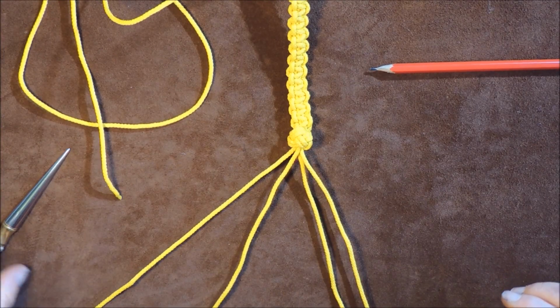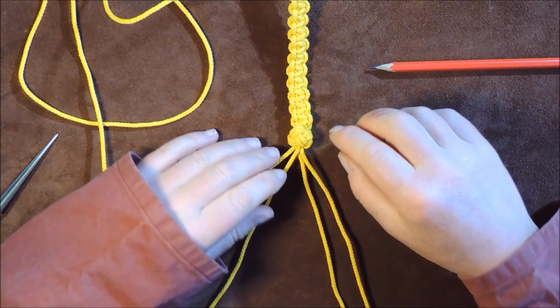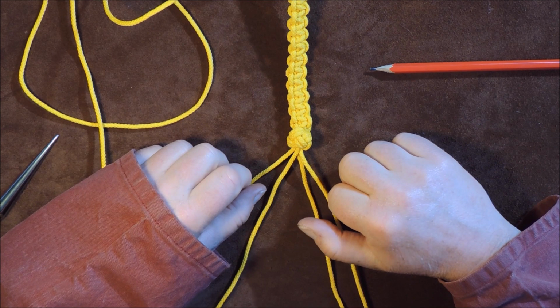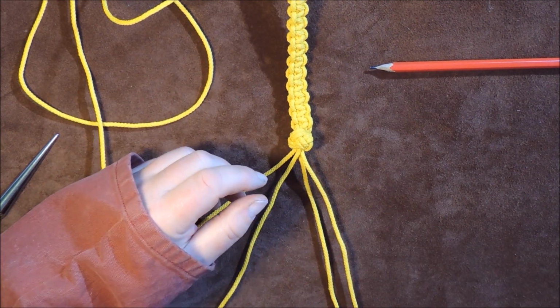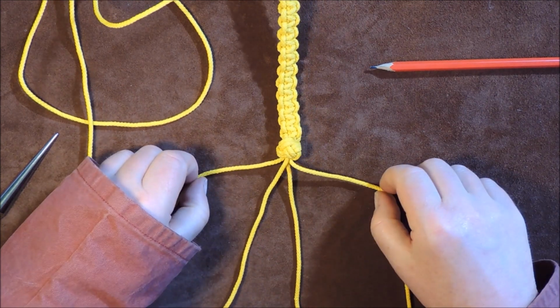Having read the book. Yeah, you always refer to a book at times. You don't remember everything in life. In the book it suggests a 4-strand round sennet for about 10 inches running down here. So that's easy enough. And the way we tie the 4-strand round sennet, if I show you laid out flat like so,